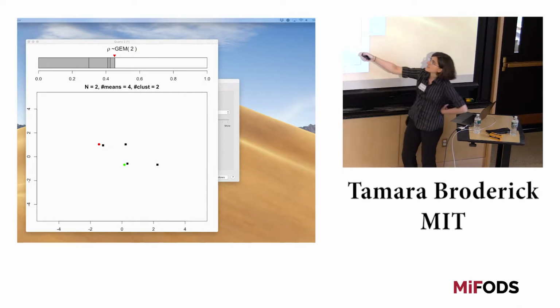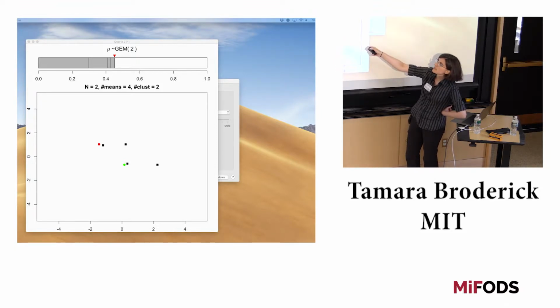So here, I say the number of data points I've drawn so far in my generative model. This is indicating the number of rows I've had to draw in row 1, row 2, row 3, row 4 to cover my uniform random variable. And I'm going to plot a mean for each of those clusters. Technically speaking, some of these are components. They don't have data points in them yet. So each of those components. And then the number of clusters is the definition we had before. It's how many components have data points in them. In this case, it's 2.